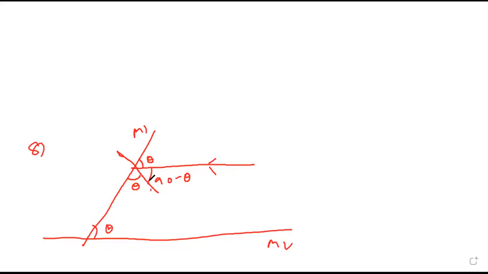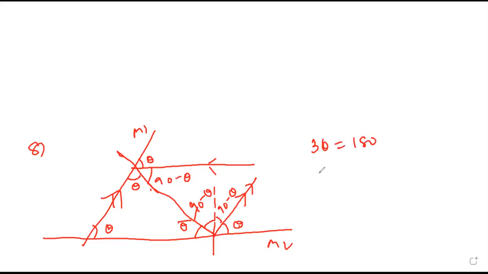Now this light gets incident here and is reflected back parallel to the first mirror. So this is theta, because these two lines are parallel. If you construct the normal here, this will be 90 minus theta. Angle of incidence is same as reflection, so this is also 90 minus theta. That means this is theta. Got it now? So 3 times theta in a triangle is 180, since the sum of angles of a triangle is 180. Therefore theta is 60.